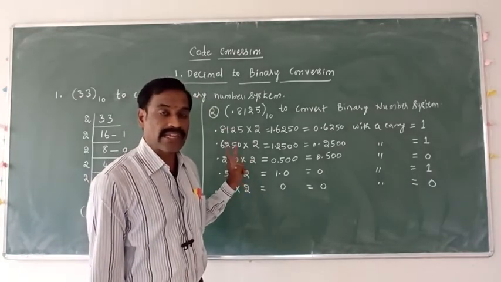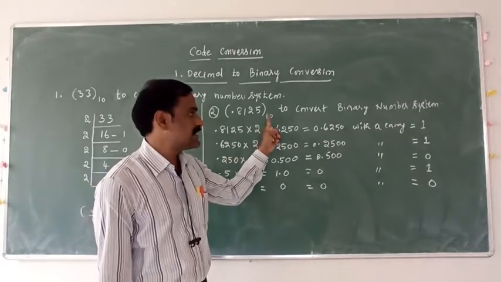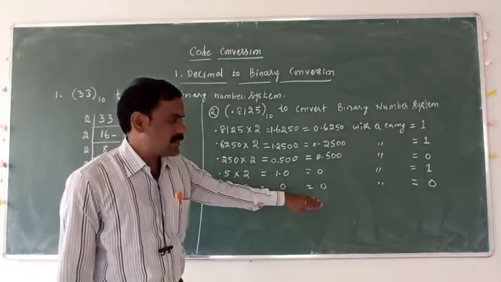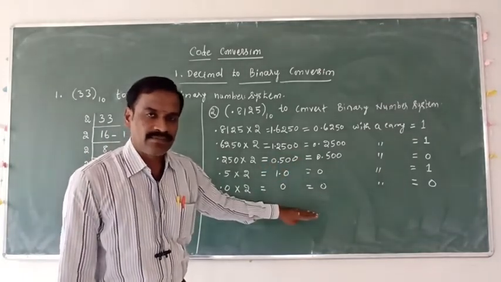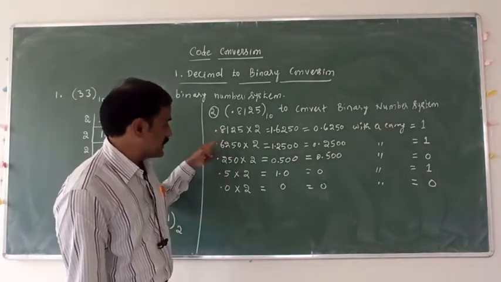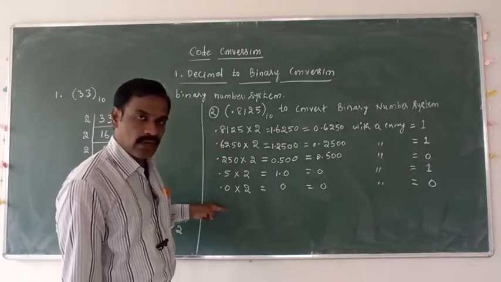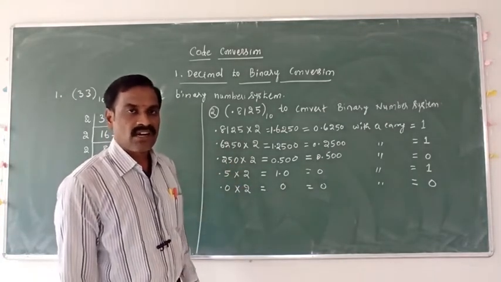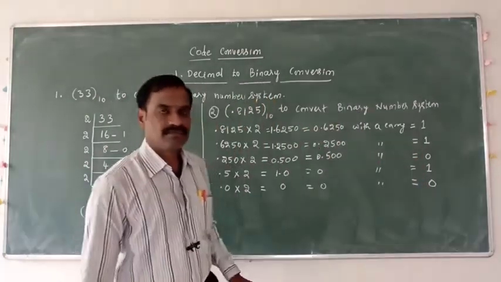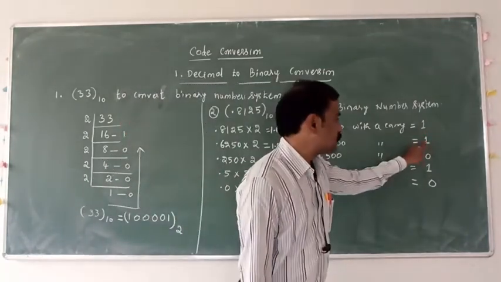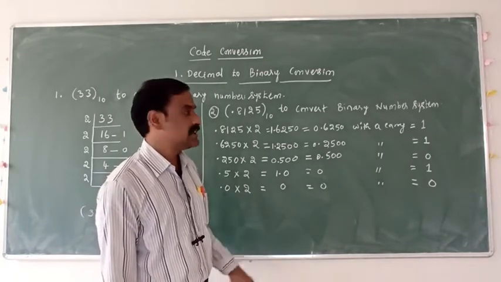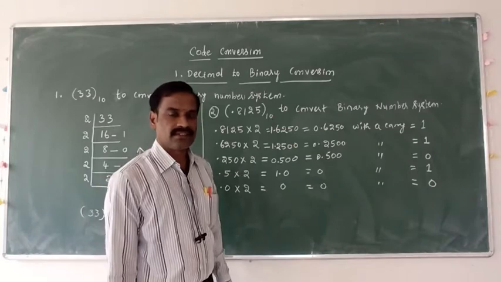There are 3 ways we can stop the process to convert decimal to binary. Number 1, if any 0 occurs here, we can stop the process here itself. The second one, the same number repetition. If any same number repeats, we can stop the process. Third one, more than 5 digits occur: more than 5 digits, 1, 2, 3, 4, 5. We can stop the process. These are the three ways we can solve the decimal to binary conversion process.